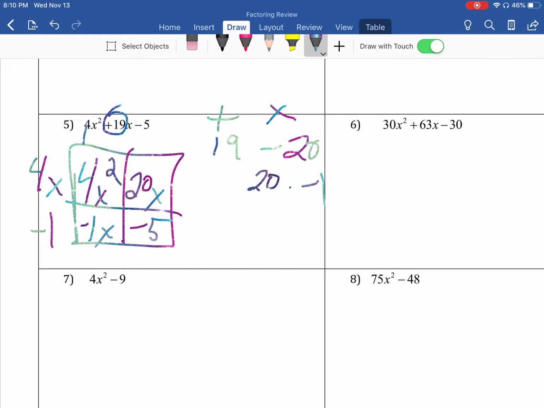Well, that's going to be 1 and an x. 4 times 5 gives me 20. And just to check, is negative 1 times 5 negative 5? Yep. So I did it right. So it's going to be 4x minus 1 times 1x plus 5. And that is how you